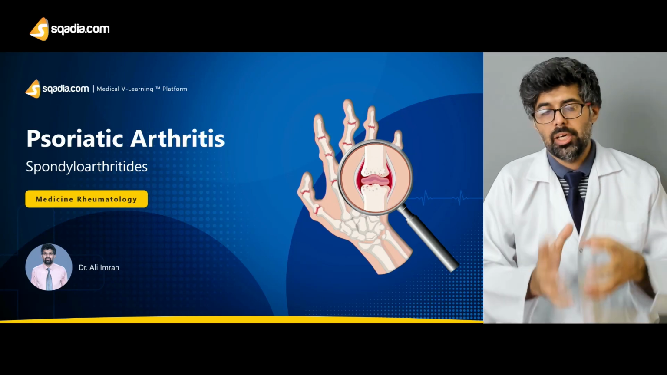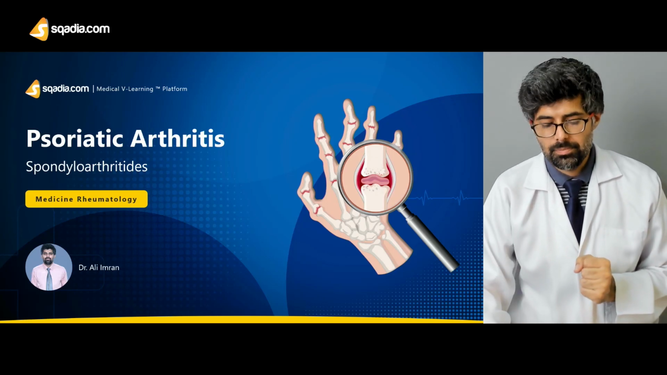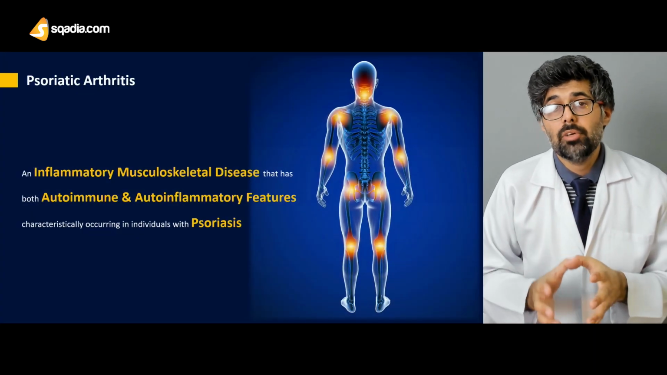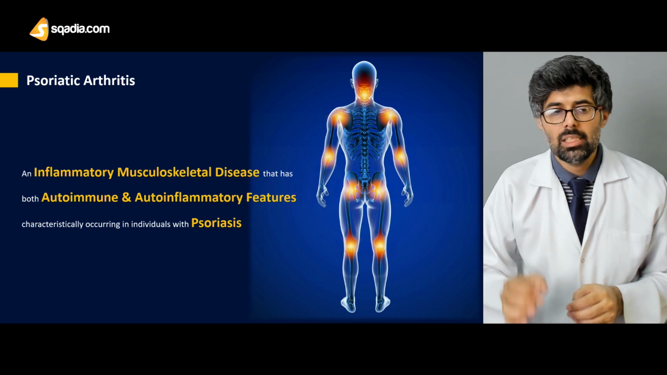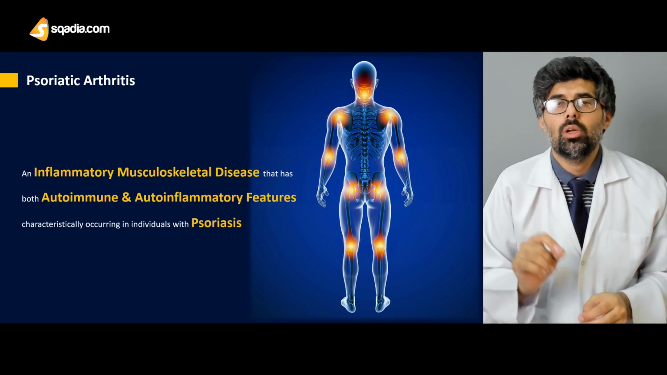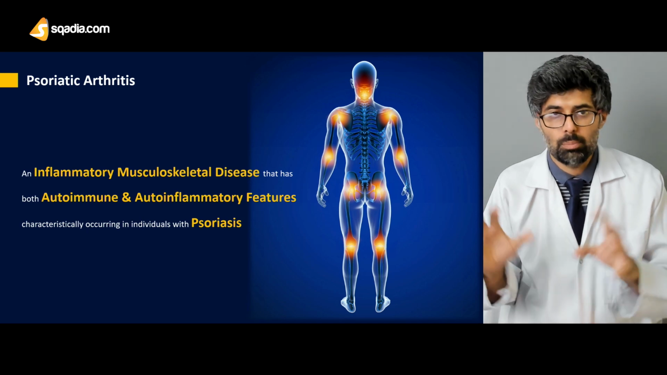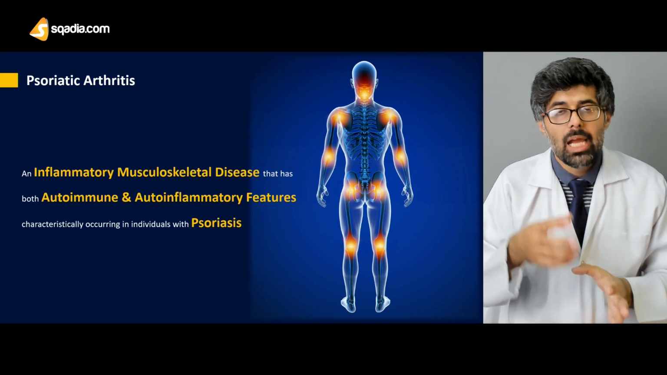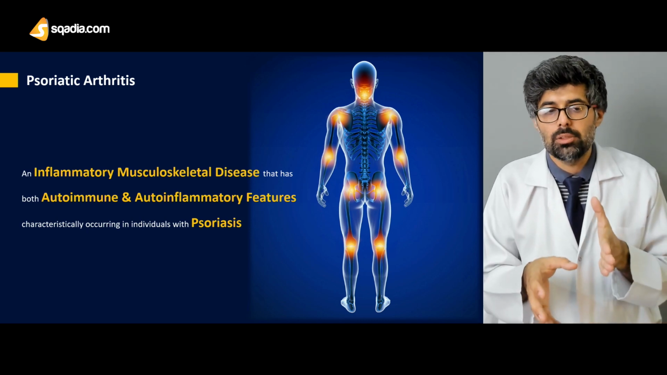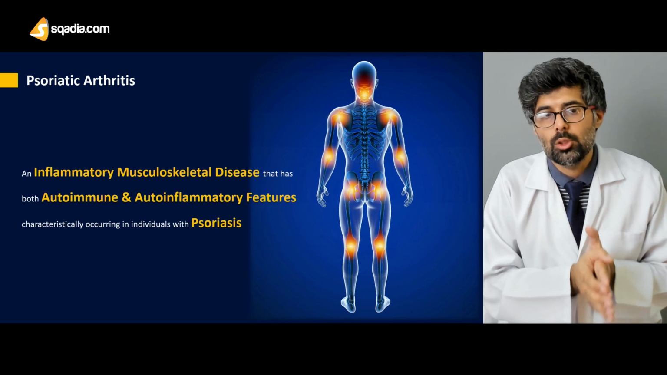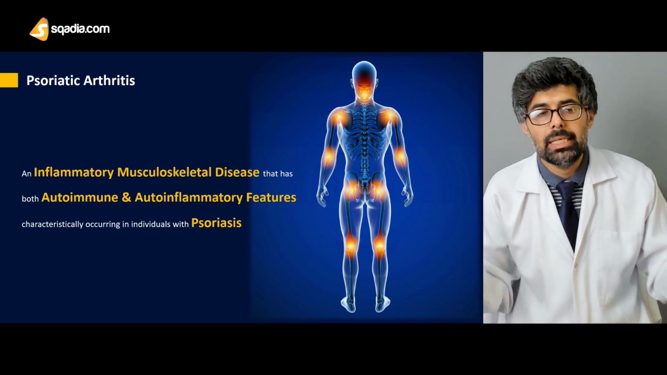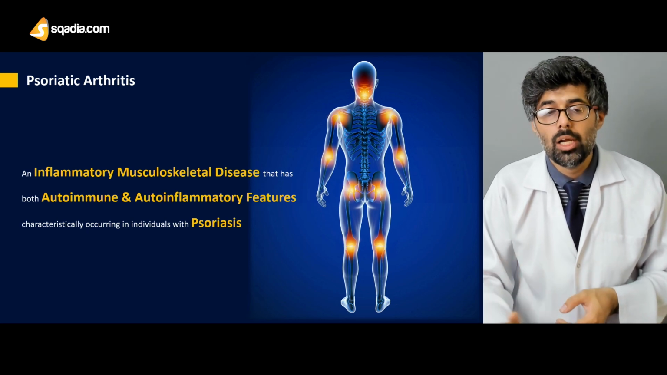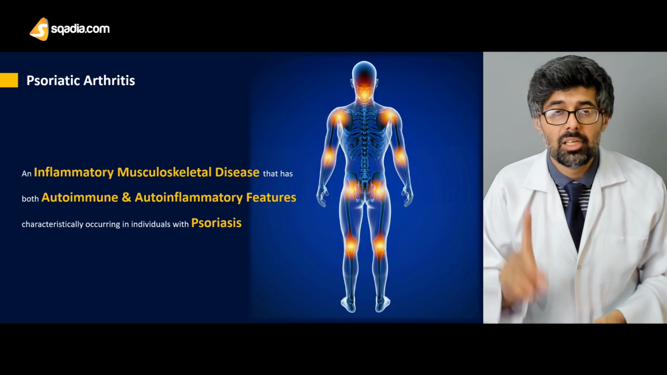Let's talk about psoriatic arthritis. Now, psoriatic arthritis is an inflammatory musculoskeletal disease that has both autoimmune and autoinflammatory features. It is inflammatory and autoimmune in nature, and it usually occurs in conjunction with psoriasis. So, to medically define it, it is an inflammatory musculoskeletal disease that has autoimmune and autoinflammatory features, characteristically